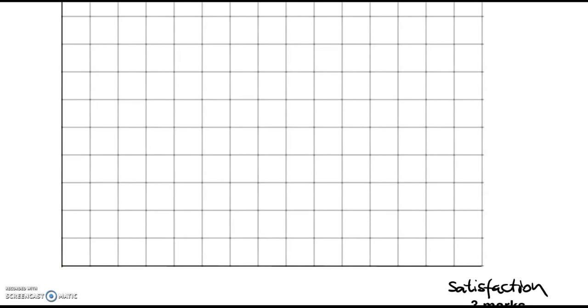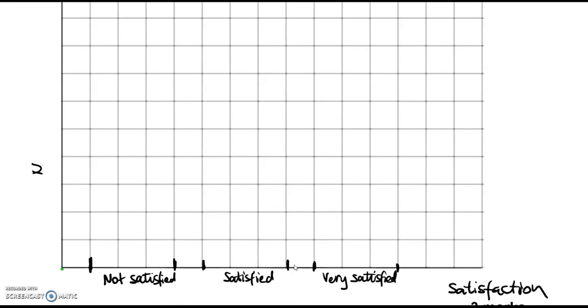We've got 3 levels of satisfaction. One is not satisfied. I'm going to show it with the width of 3 squares. I'm going to leave a gap and then have satisfied, and same gap, same width, and very satisfied. We'll show number of customers